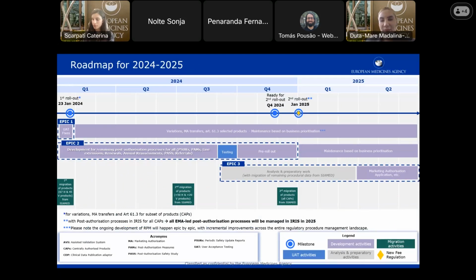The first swim lane regards the first batch of processes, which I mentioned: the variations, Article 61.3 notification and marketing authorization transfers for vet and human products. We are now live with the subset of products with simple life cycles. Now we are focusing on developing the rest of post-authorization procedures. Sarah will demo today the PSUR, but we have done some demos,